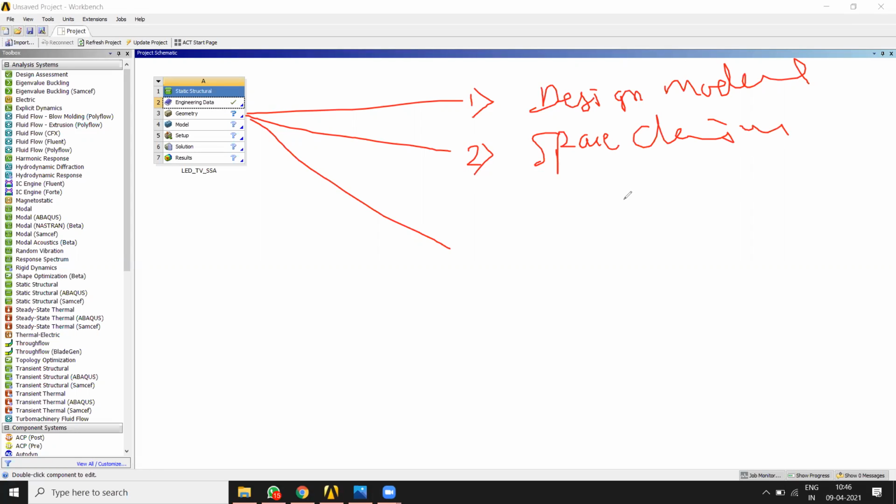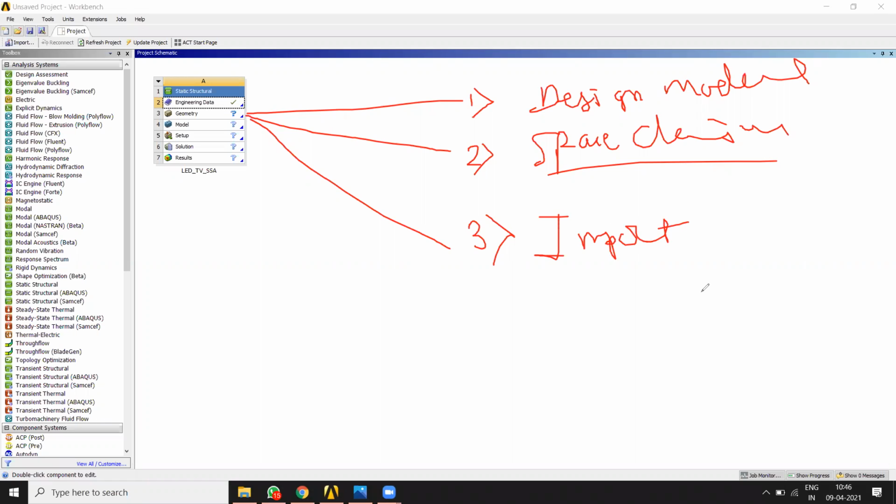A few years back, SpaceClaim was a different software, but ANSYS took over it and included it in the Workbench. Third, if you have your own solid modeling software or the geometry is already built in some format, you can import the geometry.